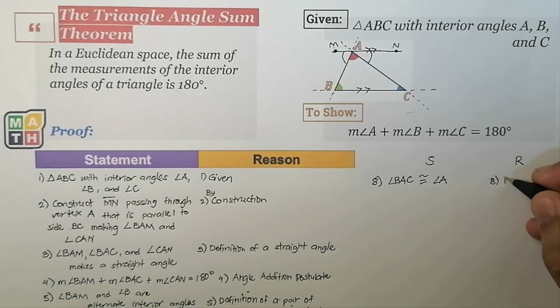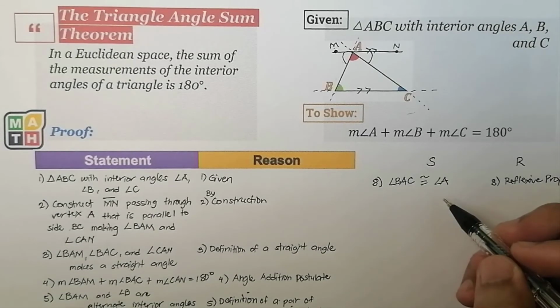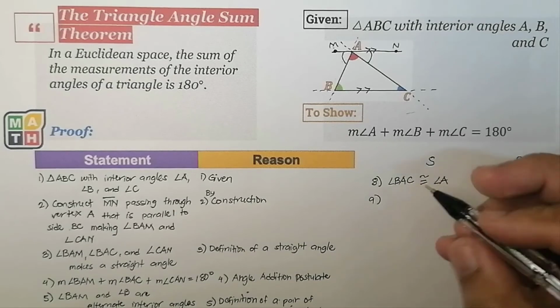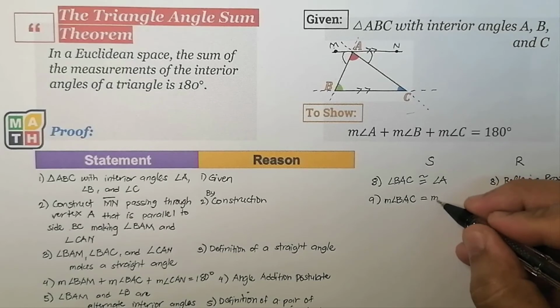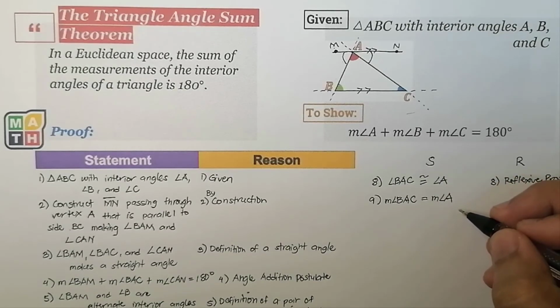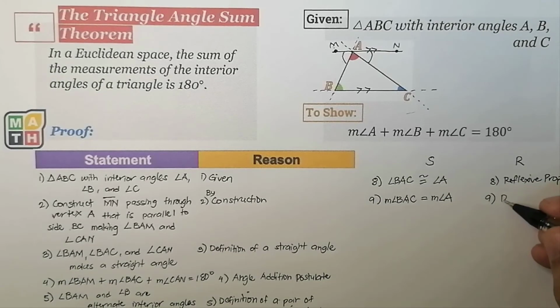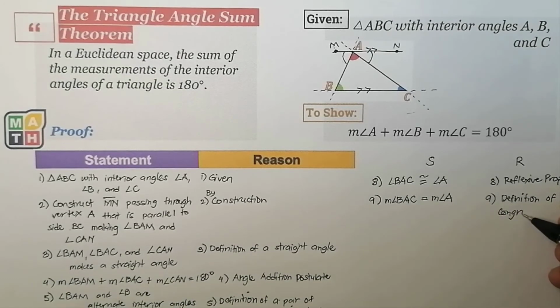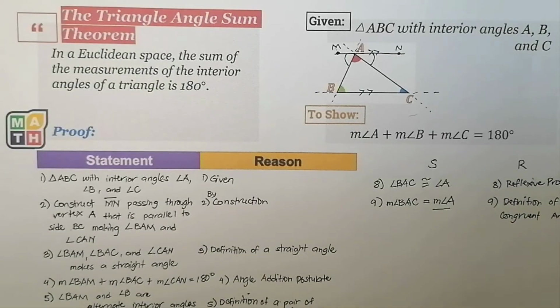This is by reflexive property. Okay, since they are just the same. And number 9 could tell us that the measurement of angle BAC is just the same as the measurement of angle A, the original one. Please do not forget about this. And the reason for that is, again, definition of congruent angles. Now that we have reached this statement, and we do have the statements earlier showing measurement of angle B and angle C,